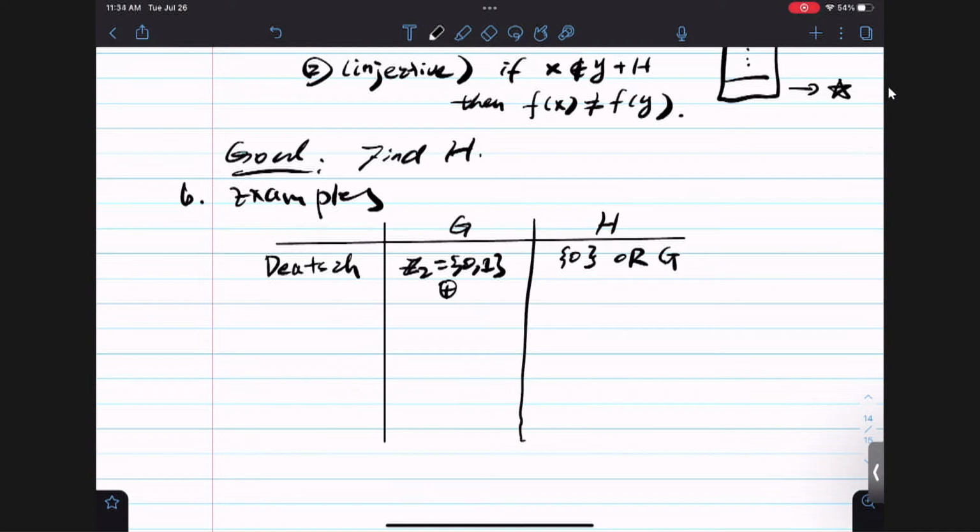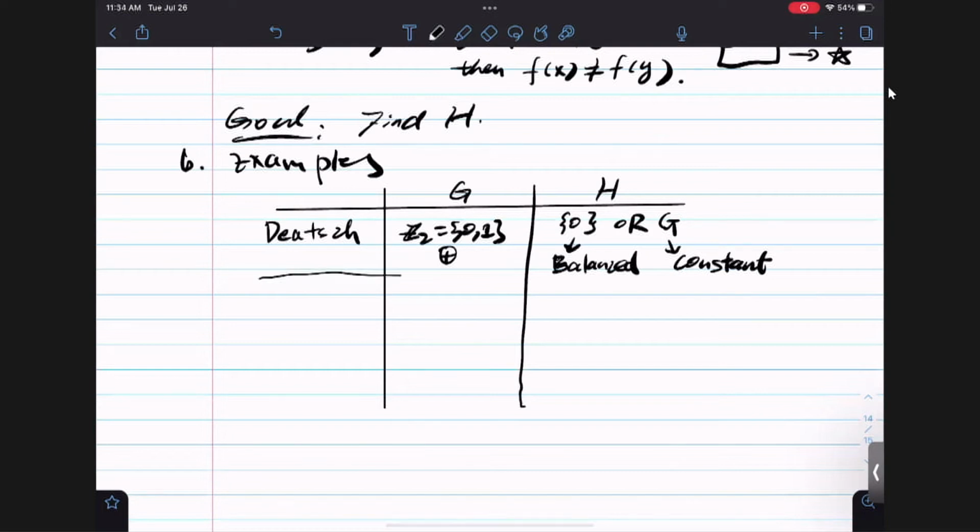So the 0 case corresponds to a balanced function, and the subgroup G means the function was constant. And then